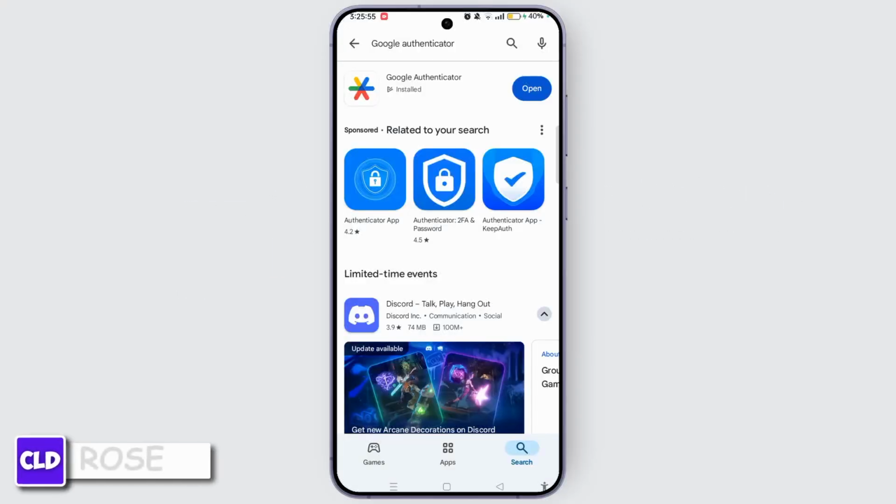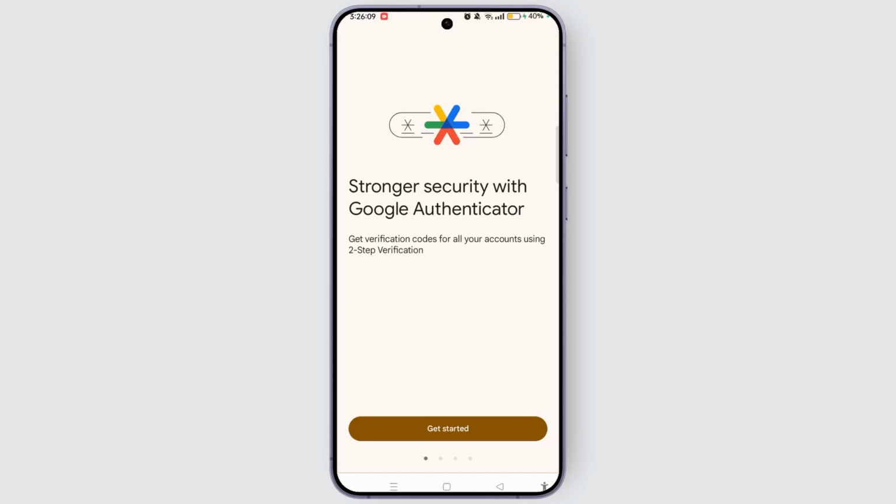To use Google Authenticator app, first of all download Google Authenticator from the App Store or Play Store and ensure it's updated. Once updated, you can tap Open button and get access to Google Authenticator app. You will reach this Get Started section where you have to tap Get Started and log in with your Google account. Then you will get access to this section where you have to select Add a Code button and